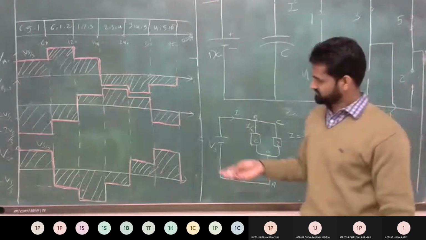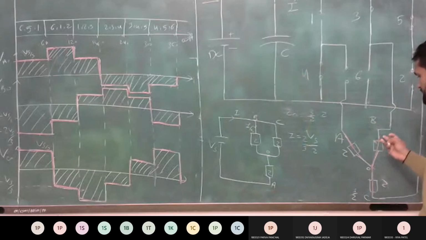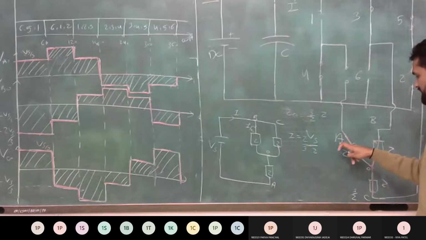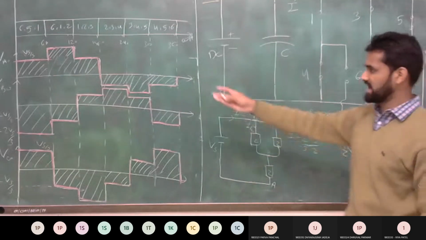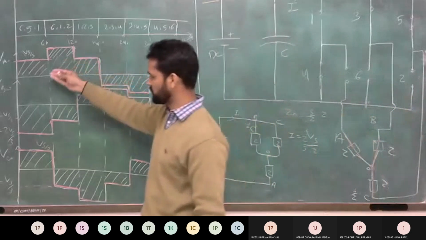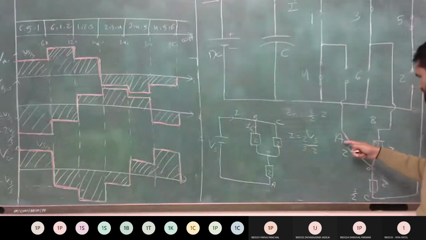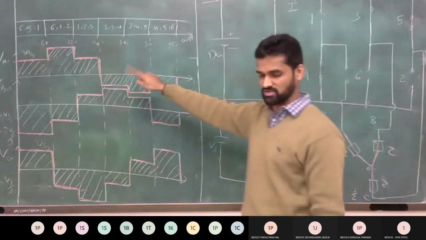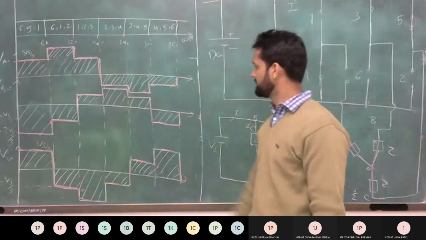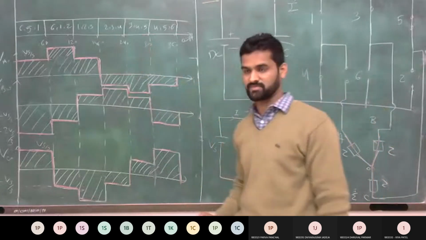As you know, if we measure the line voltage VAB, that is the difference between VAO and VBO. Clear? For all the steps you know the phase voltages VAO, VBO and VCO, so you can easily draw the waveform of all the line voltages VAB, VBC and VCA. So after drawing these waveforms, draw the line voltages. Clear?